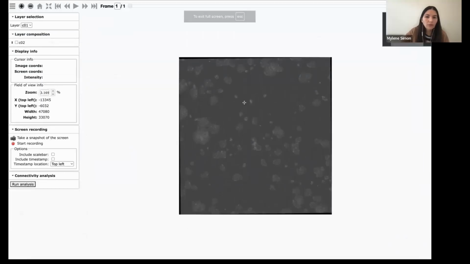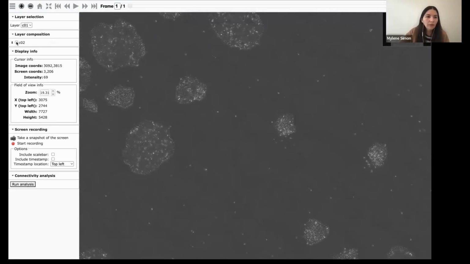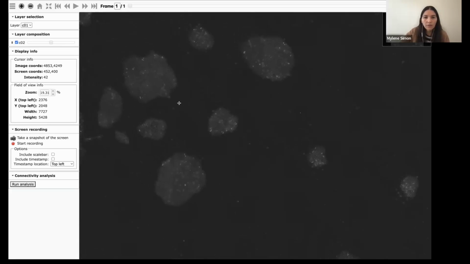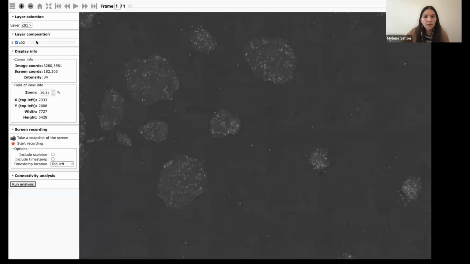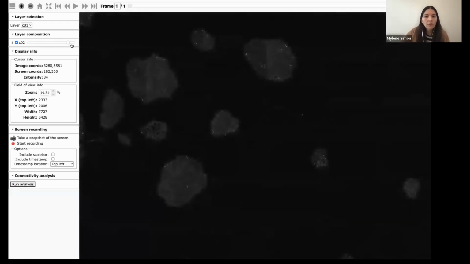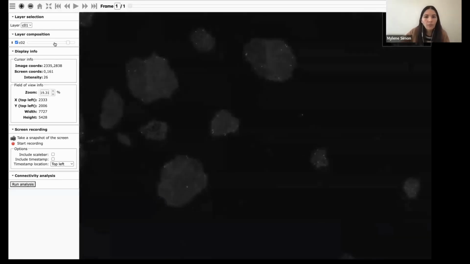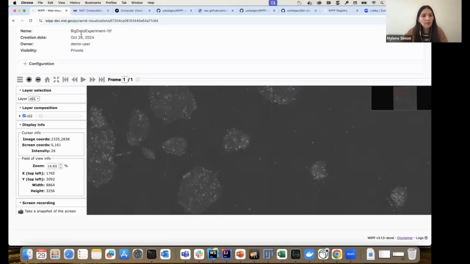So let me make it full screen. Still the same view that we were seeing, but now what I can do is click on this one, and then both of them are overlaid. And I can adjust the transparency. This is something that we also use, for example, if we have a segmentation mask: we overlay the segmentation mask, and we can really assess the quality of the segmentation. Okay, so if I exit this mode,